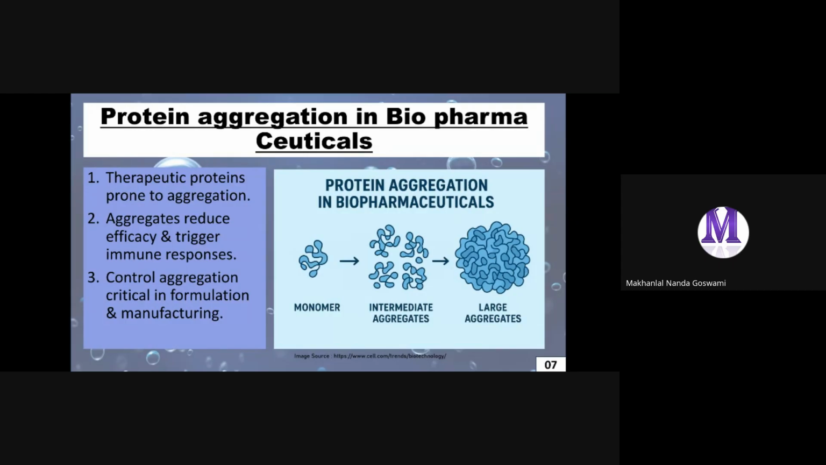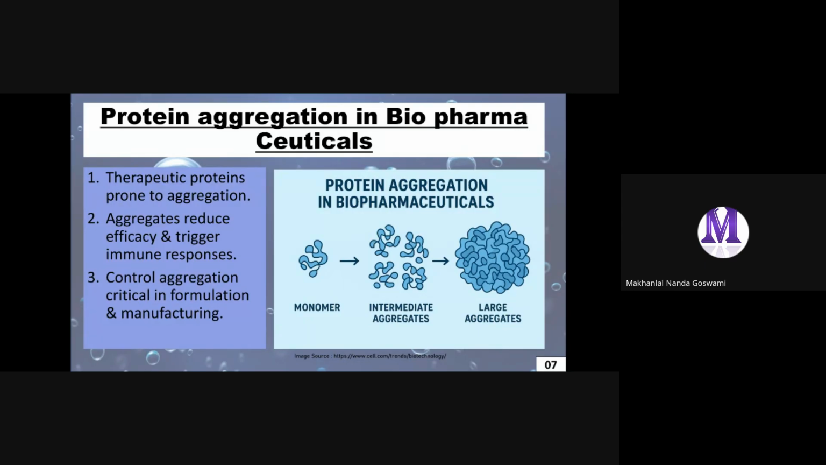As you can see, this diagram illustrates the process of protein aggregation in biopharmaceuticals. Starting point, monomer. The process begins with a monomer, which is a single protein molecule. And then the monomer progresses to form intermediate aggregates, which are clusters of a few protein molecules coming together. And then these intermediate aggregates further combine to form large aggregates, as you can see in that picture, which are bigger clusters of